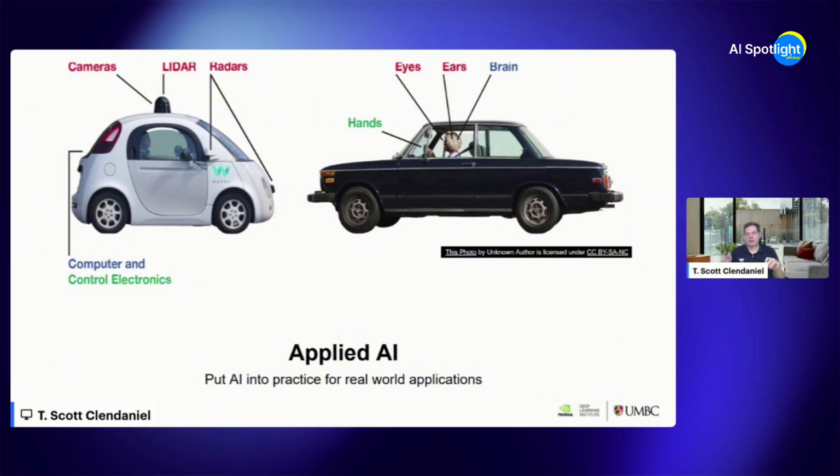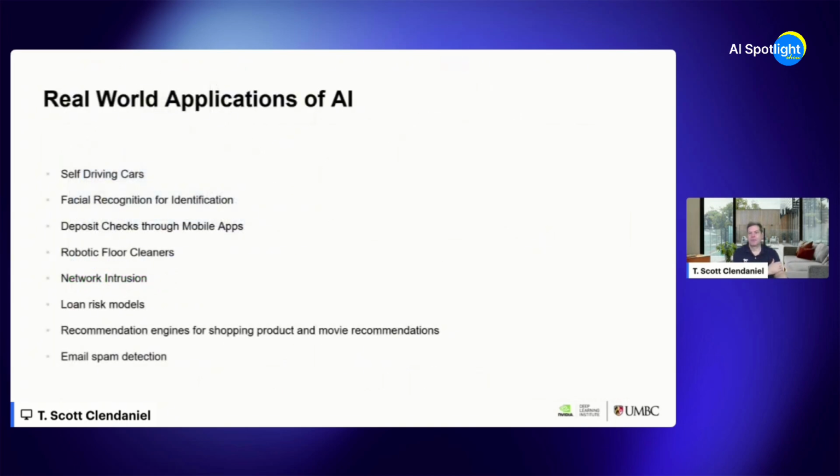So look at the colors to identify the comparison. So green on each side for Waymo is control electronics. For us, it's the hands to drive the car. The blue is sort of the thinking part. So for an autonomous vehicle, it's the computer. Human being, it's the brain. But how do we get that data into the system? Well, for human being, it's our eyes and ears. For an autonomous vehicle, it's cameras, LiDAR, and radar. So that's sort of how you put all those pieces together and look at parallels across the two.